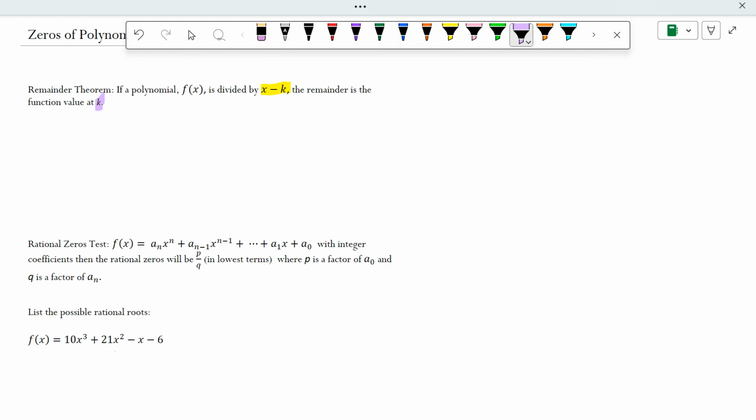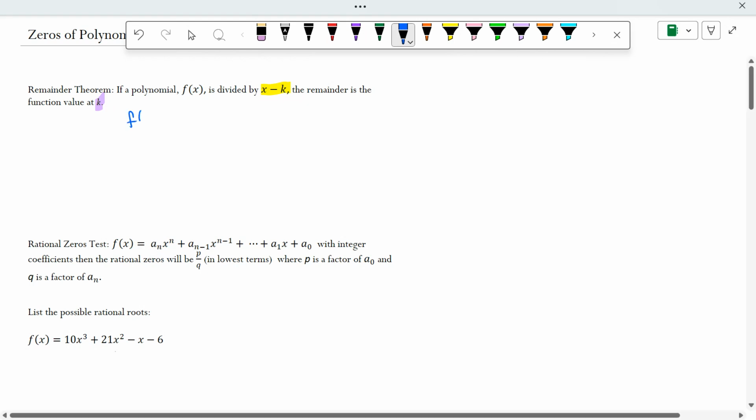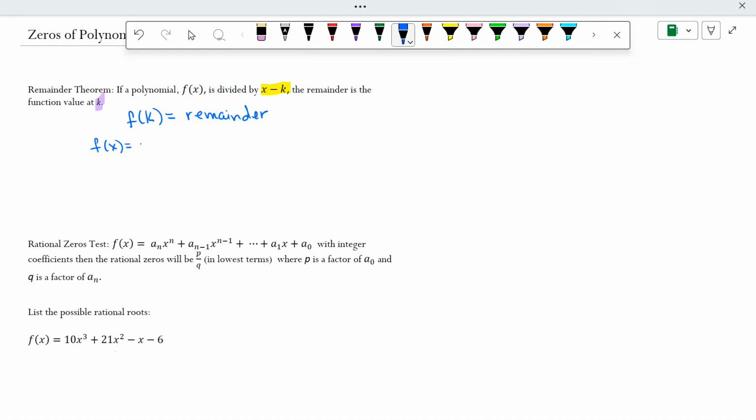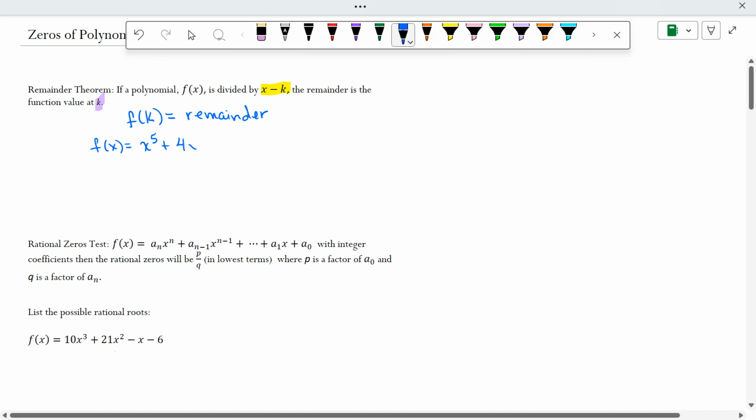So let's look at an example of that. What this tells me is the function value at k will equal the remainder. So if I had f of x equals x to the 5th plus 4x to the 4th minus 2x cubed minus x squared plus 3x plus 5, and I want to find f of 3,